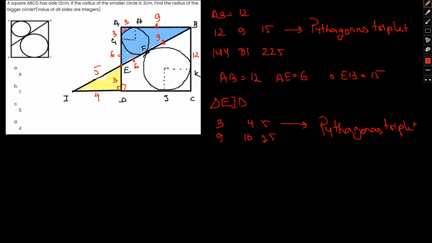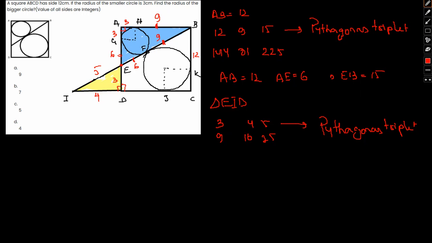yes, everything is in place, because if we focus on the triangle, the larger triangle as well, on triangle BIC again, BI will be 20, BC is 12, and IC will be 16. So 256 plus 144 comes out to be 400, and 400 is nothing but 20 square. Okay, so yes, all the things are set and done.